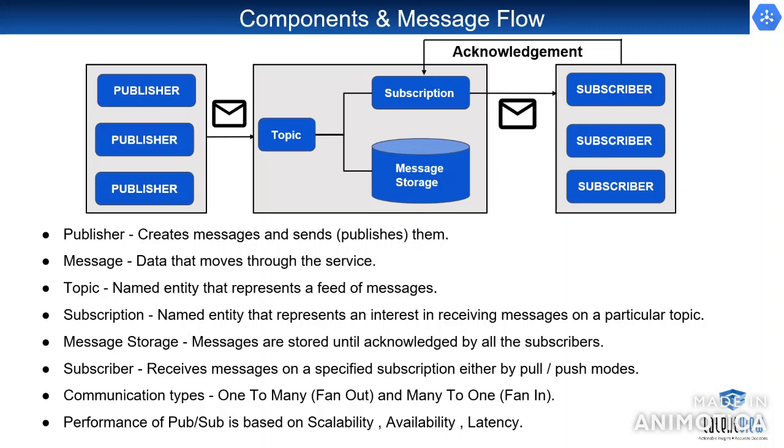PubSub also charges based on regions. There will be very minute difference in charges based on the region, and it also charges for cross-project billing. Say there are 2 projects A and B, but the subscription lives in project A. Then project A only will be billed for the data that is pulled from that subscription. So PubSub charges only for the subscriptions where the data is pulled. If the data is pulled from project B, then it will be charged for project B only. So it's based on where data is being pulled.